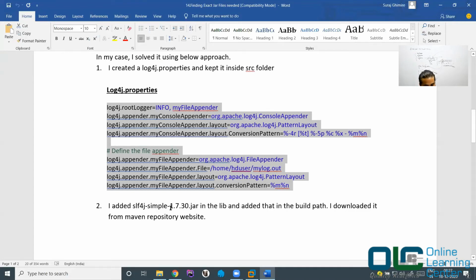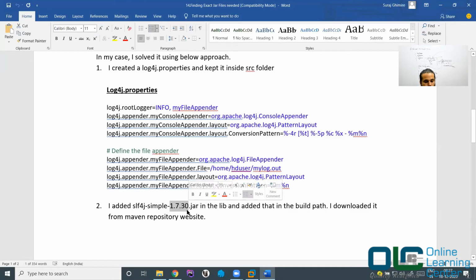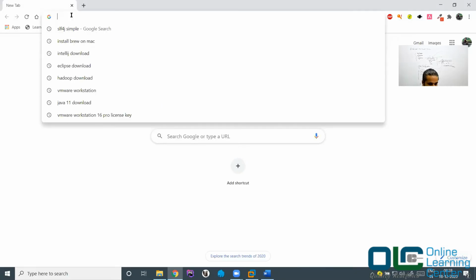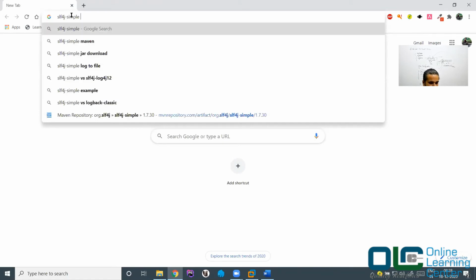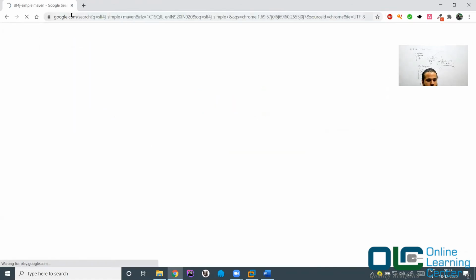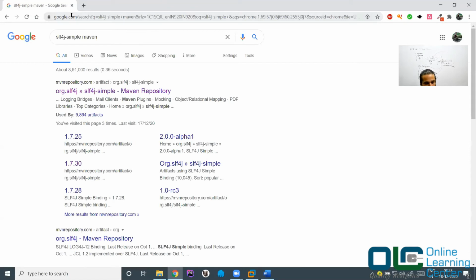slf4j-simple-1.7.30.jar. This version can be anything, okay? So tomorrow when you search for this jar, you may get 1.8, you may get 1.9, you may get 3.0. Choose whatever is the recent version that should work, okay? Right now I will try to find this jar file, okay? So you just copy this, right? Open your browser and just search slf4j simple maven, okay? Just search by this keyword, which means I'm looking for slf4j simple